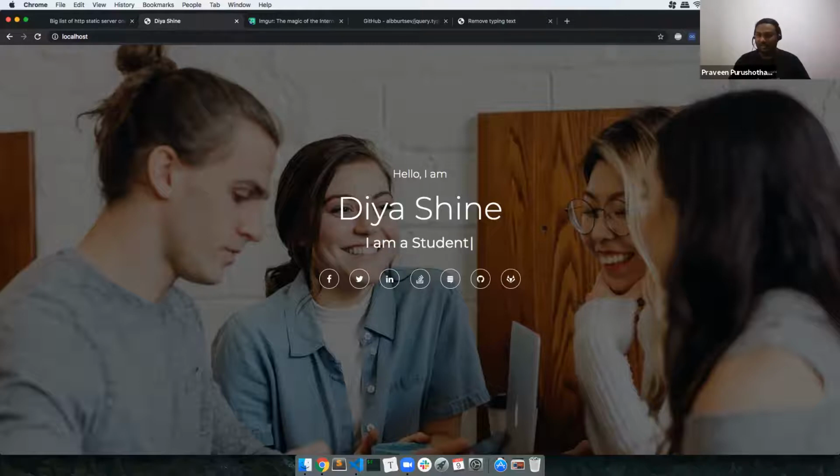We've got the typing effect now. Why are we not using a loop here? What kind of a loop can we use here? An infinite loop will kill your browser. I don't want to do it here right now, but if I use an infinite loop, it's going to kill my browser without even a second.